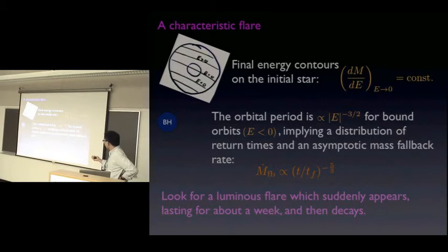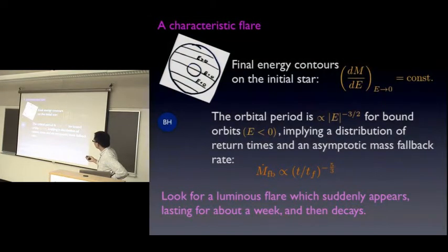This is for a, sure. That's where you can see more. I'm surprised it doesn't care about the structure and stuff, but yeah. You mean less gas after? No, just the fact that there's more gas in here, E equal to 0. Yeah, but the fallback rate for this part will be high. Right. Why does the E equals 0 marginally bound line go through the center of the star?